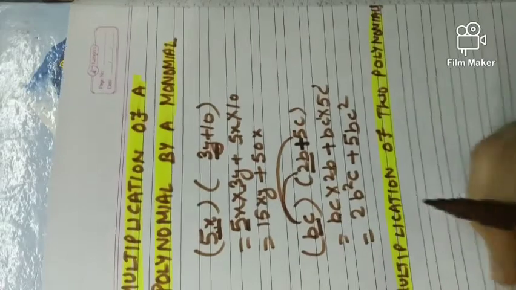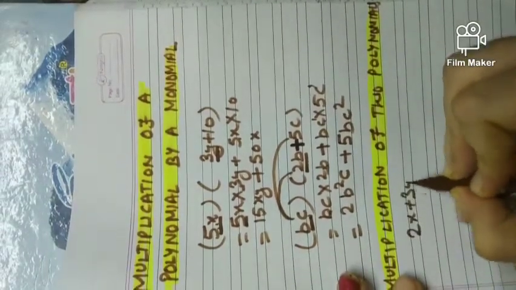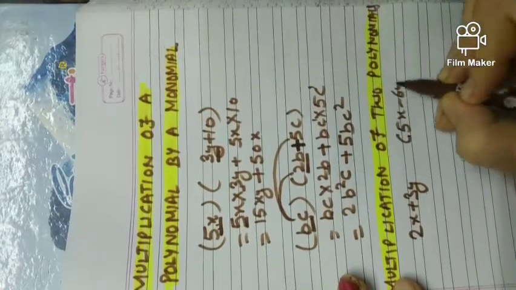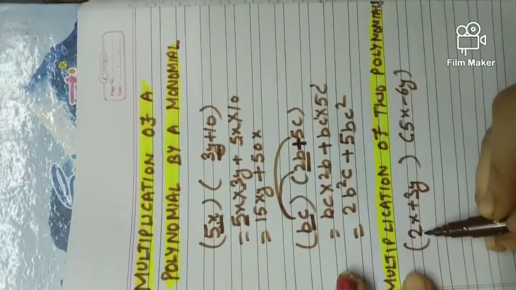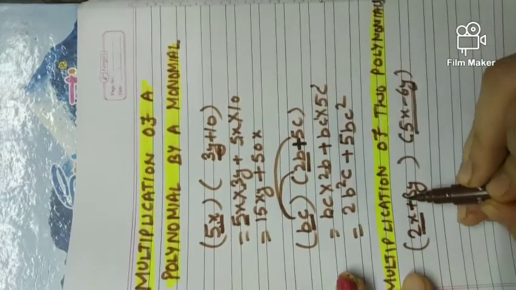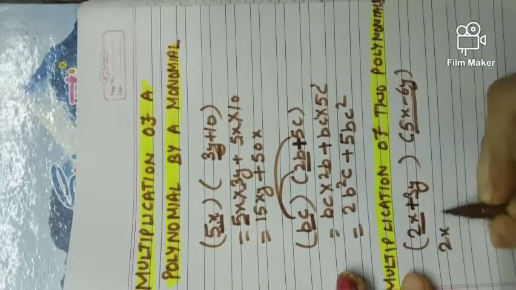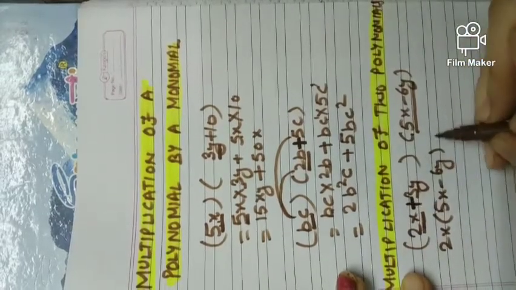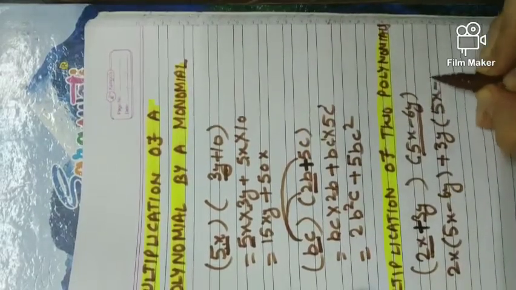Okay, I can give you an example. Like if I have 2x plus 3y and I need to multiply it with 5x minus 6y. I am putting brackets, brackets mean multiplication. So beta, first take this 2x, which will be multiplied with the full expression. Then plus sign, this 3y will be multiplied with the full expression. See, 2x will be multiplied with 5x minus 6y. If plus sign is there, plus; if minus is there, minus. Then 3y will be multiplied with the full expression 5x minus 6y.